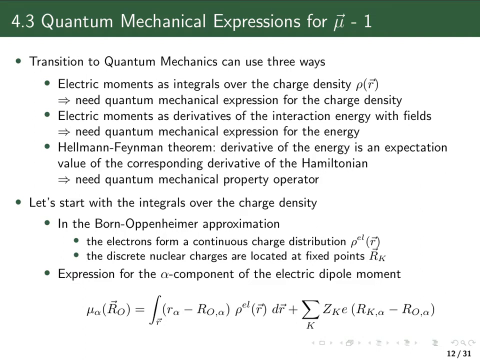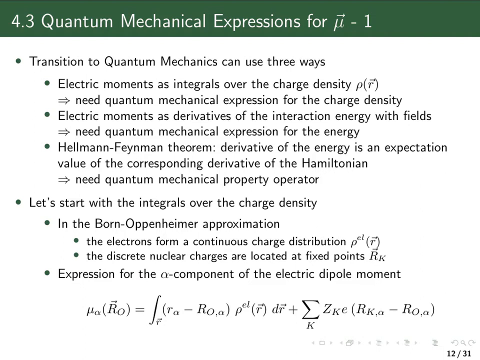Let's start with the first version, the expression of moments as integrals over the charge density. Right now, and in most of the book, we make use of the Born-Oppenheimer approximation, which means that we separate our problem into two problems. One is the electronic one, where the nuclei are fixed at points in space and the electrons are moving. That means the nuclei are discrete nuclear charges located at fixed points, and then we have a continuous charge distribution of the electrons,